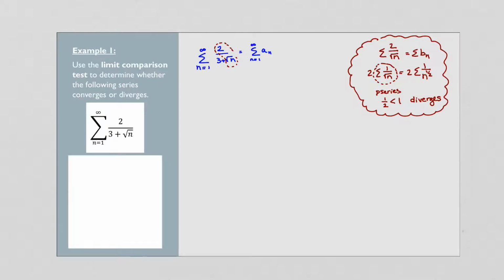So let's apply the limit comparison test. The limit comparison test says, let's consider the limit as n goes to infinity of a sub n, the nth term in our original series, divided by b sub n, the nth term in our new series that we're comparing to. And if I want to take this limit,